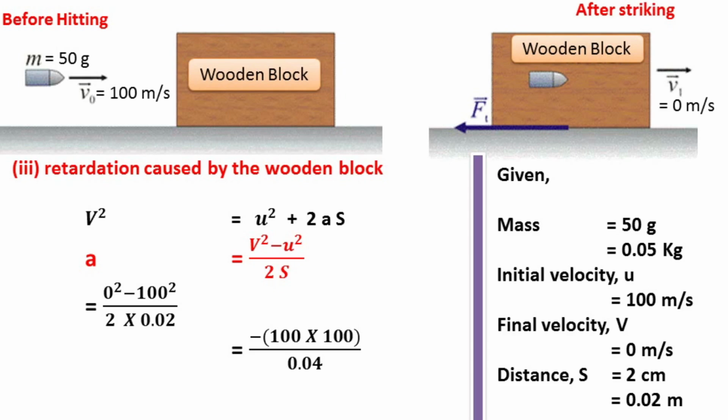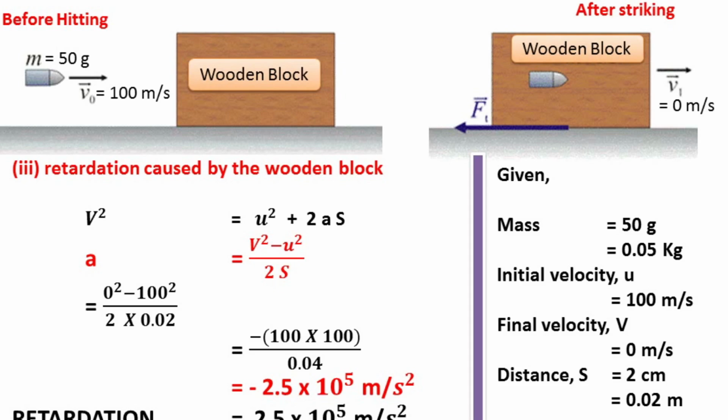After calculation, we get the answer as minus 2.5 into 10 raised to power 5 meter per second square. So retardation is equal to negative multiplied by acceleration, which is equal to 2.5 into 10 raised to power 5